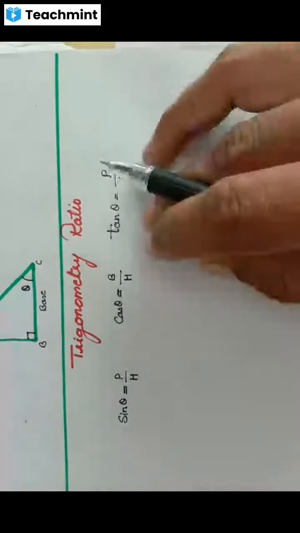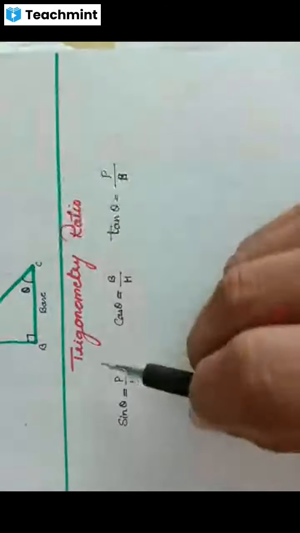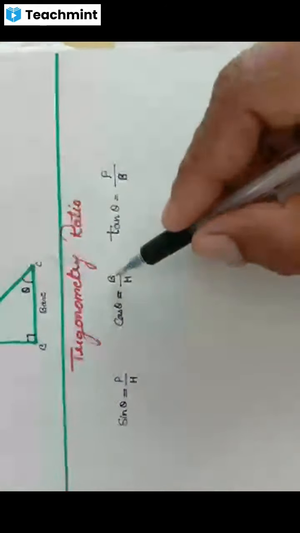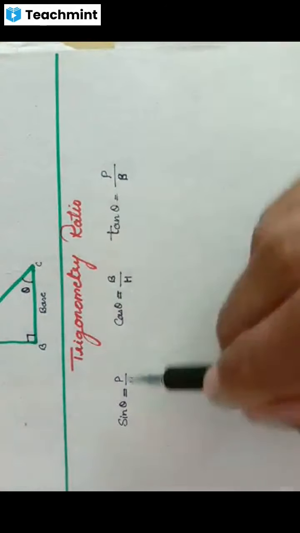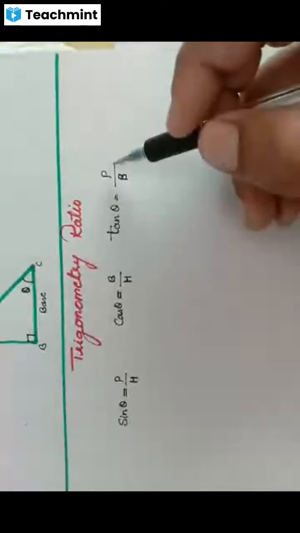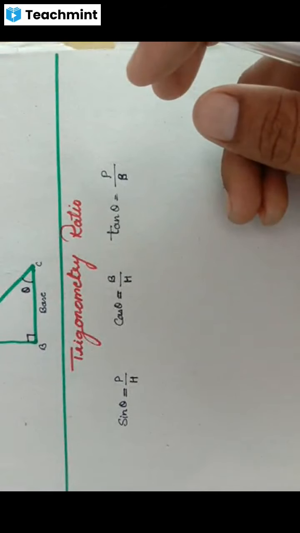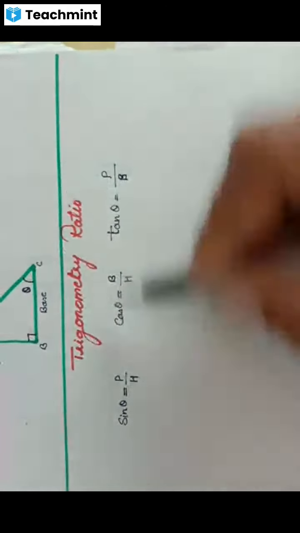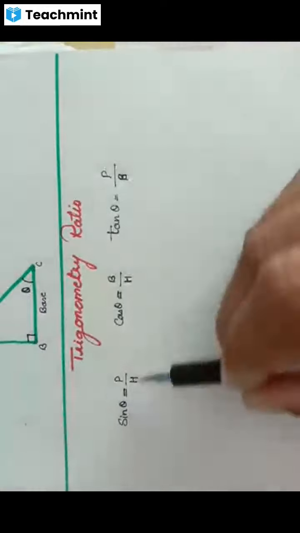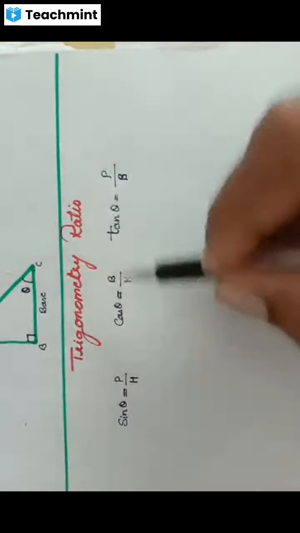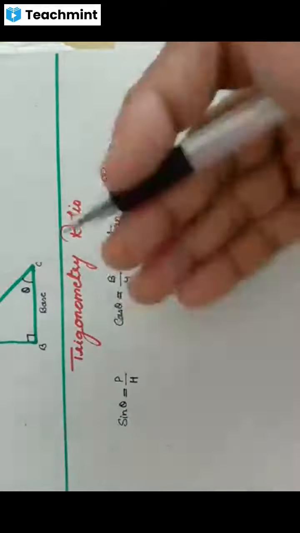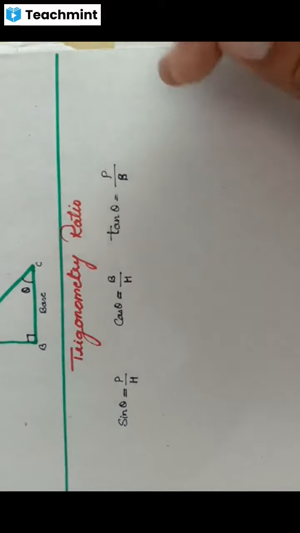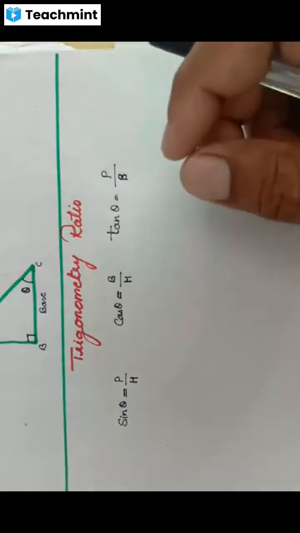Sine, cos and tan should be in the sequence. To learn the basic ratios, you can write it like Pandit. P stands for Pandit, B stands for Bole, Pandit Bole, P for Prasad. So you can learn it like that: Pandit Bole Prasad, Har Bole. Some people use some other words for this, so you can make any words like this. Is it clear? Are you getting it? Yes, sir. Okay.